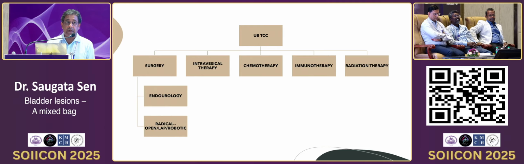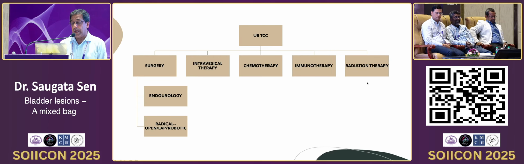Now, what about treatment? How do you manage these cases? So there's a gamut of options for TCC of the urinary bladder. Generally, surgery is the procedure of choice. You can have a conservative surgery like a TUR, endoscopic surgery or endourology, or you can have a radical approach which has open surgery, laparoscopic or robotic. Any of them. Apart from them, there is intravesical therapy, chemotherapy, immunotherapy, and radiation, which are all supportive therapy for